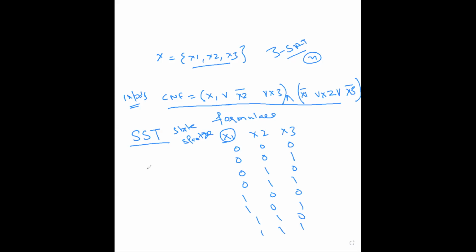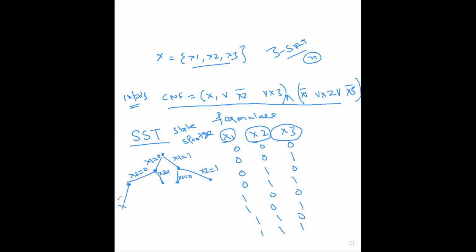Now let us consider the value of x1. If we start from here, there are only 2 possible values of x1. Either x1 can be 0 or x1 can be 1. So if the value of x1 is 0, we reach here. If the value of x1 is equal to 1, we reach here. Now next is x2. Either the value of x2 can be 0 or the value of x2 is equal to 1. Here also, either the value of x2 will be 0 or the value of x2 can be 1. And next is the third variable.